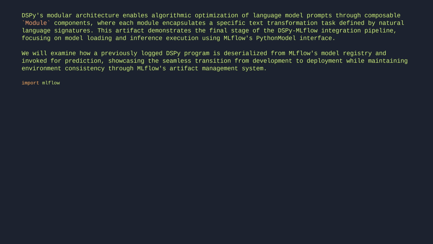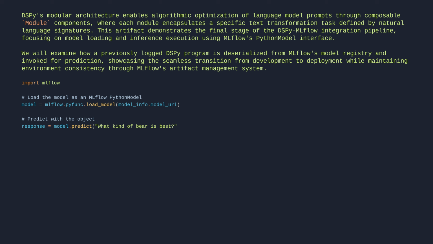# Import MLflow. # Load the model as an MLflow Python model. model = mlflow.pyfunc.load_model(model_info.model_uri). # Predict with the object. response = model.predict("What kind of bear is best"). print(response)